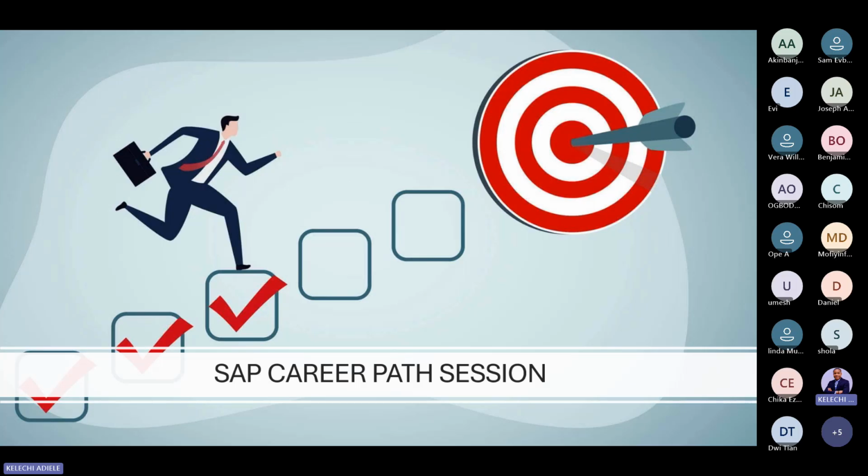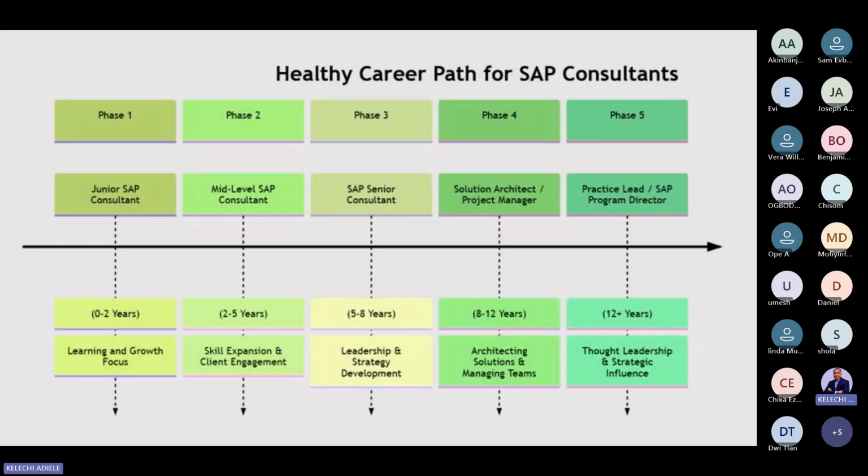Now, before we go, we want to look at the career path session. It's also a very important session. So people are asking questions, and the question is really around, I want to have a career in SAP. How do I go about it? What do I do? Is it that lucrative? What is involved and all that. I know a lot of you are asking, but let's take our time, which will be the last part of this session. SAP career path session.